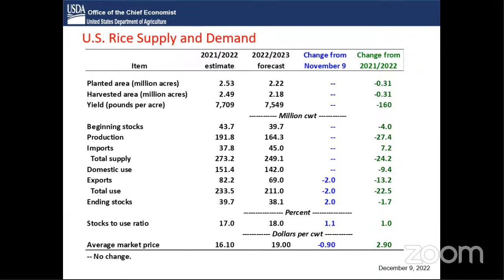Lower season average price there by 20 cents per hundredweight. As you can see, that's mainly based on re-weightings of class prices and the much smaller production. So the actual line class